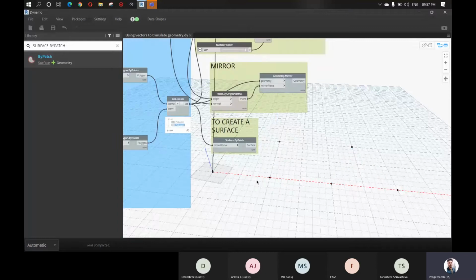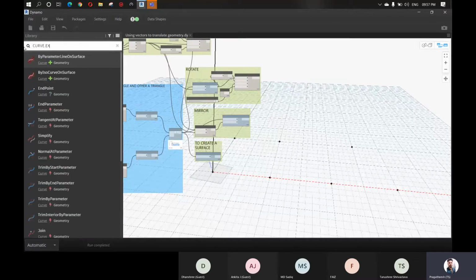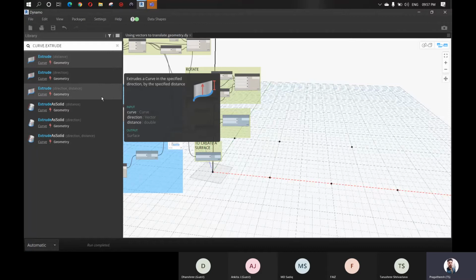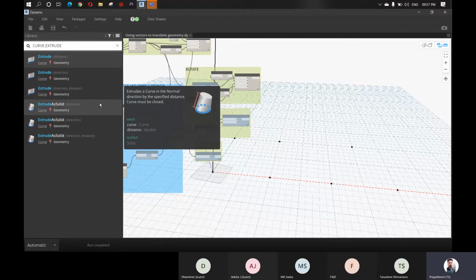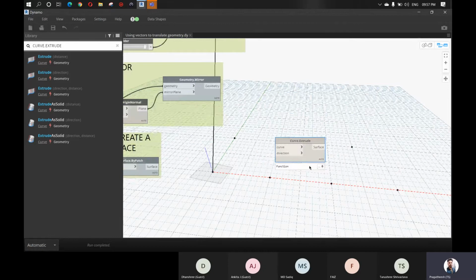Instead of getting a surface, we are going to extrude it. So just search for curve.extrude, and you can see a lot of extrude options like distance, direction plus distance, extrude as a solid, etc. Okay, so I'm just using this curve.extrude, and it requires a curve and a direction.